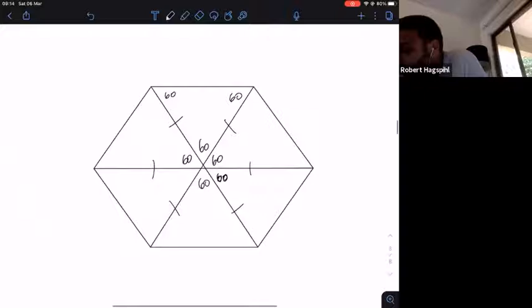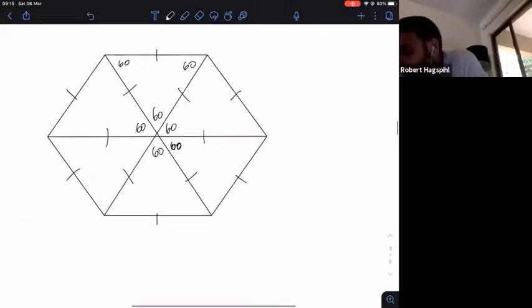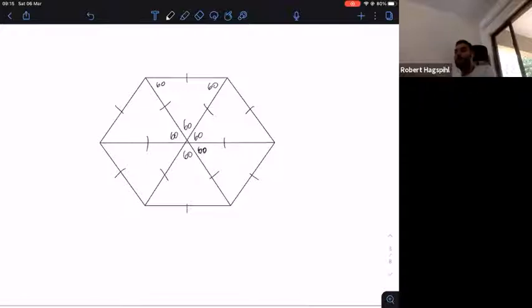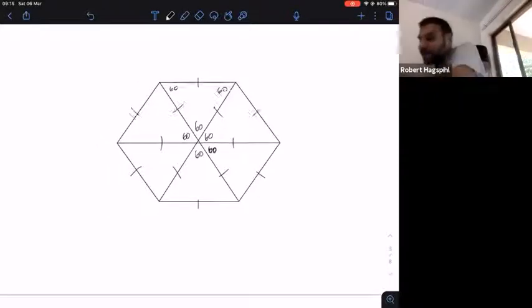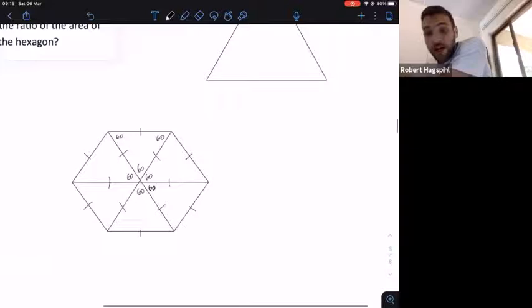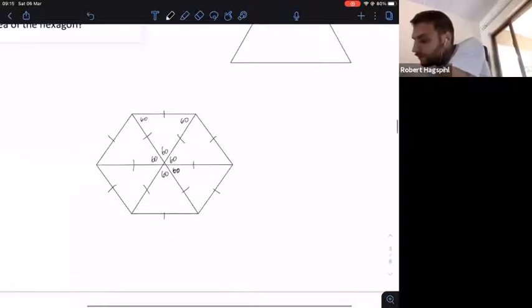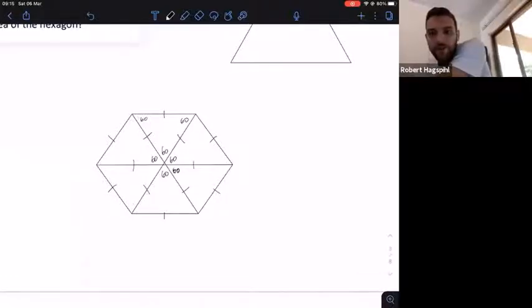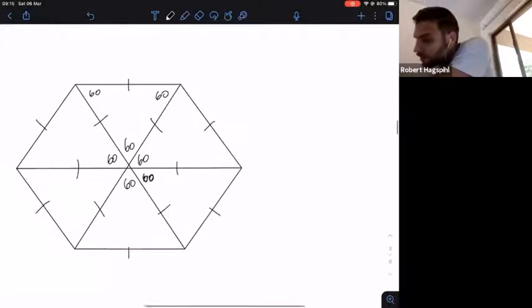So I can always split a hexagon into 6 equilateral triangles. Okay, all right. Is everybody happy with that? Okay. So let's give these triangles